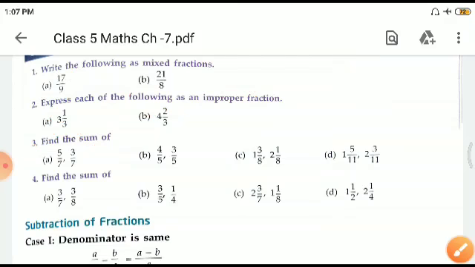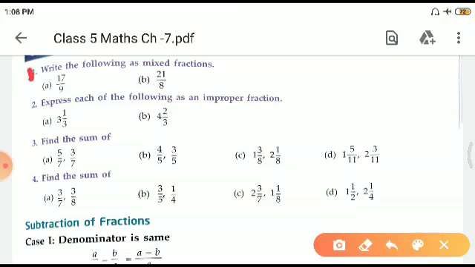Okay, now find the sum, right? If denominators are the same, it is very simple. Just add the numerators. Find the sum when the denominators are not the same, right? The first one, 3 upon 7. Don't fall into any confusion here, because if the denominators are the same, then we only add the numerators. No, here we have to convert it, right? Here you will have to convert it.